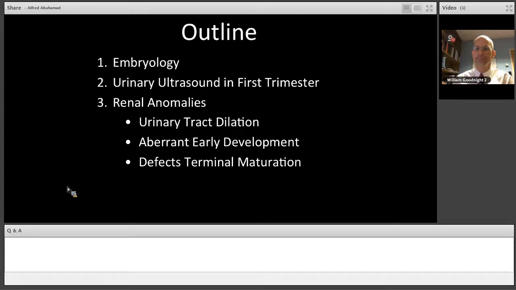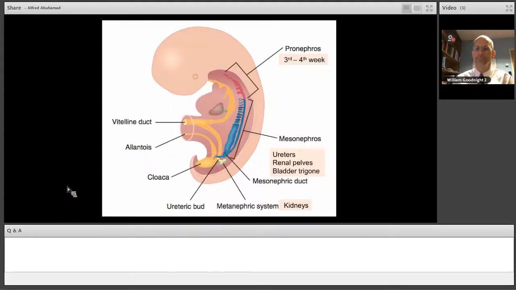This is a big topic and there's a lot to talk about. As I put this talk together, I ended up with about 150 slides, but do not worry, I'm not gonna share all that with you. So I created a redacted presentation, but there's a lot of information to go through. So I'll try to give you what is really relevant for you as an MFM fellow in seeing those patients in the ultrasound units. So briefly, embryology,